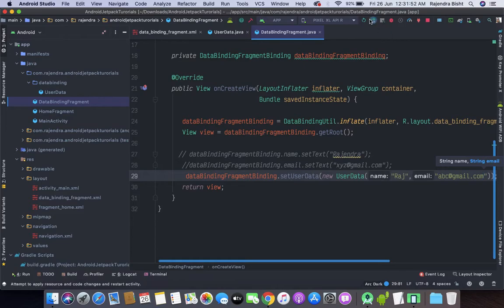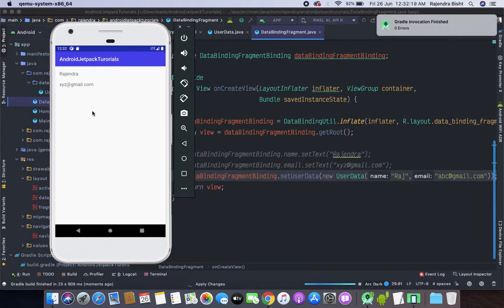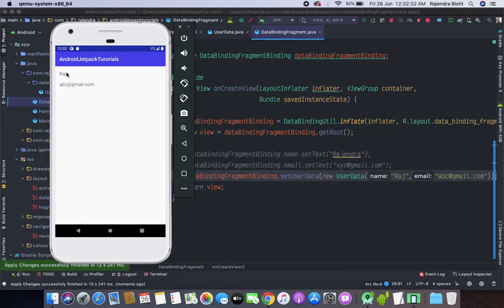So now I will run this app. Here you can see that the data has been changed. So this is the example of one-way data binding.